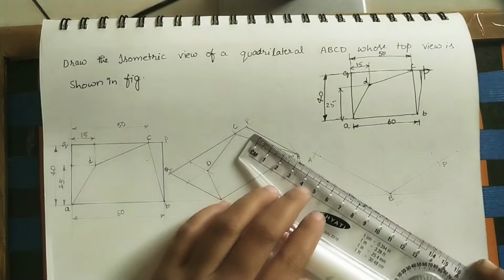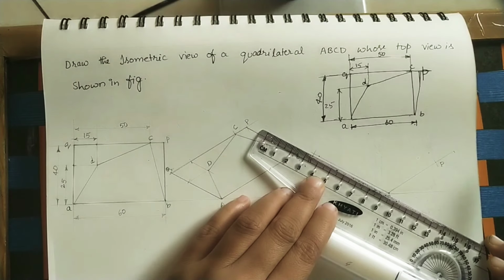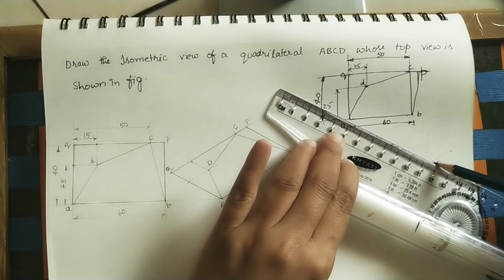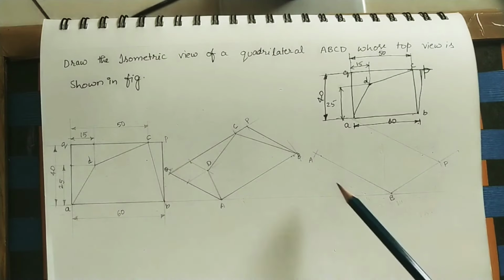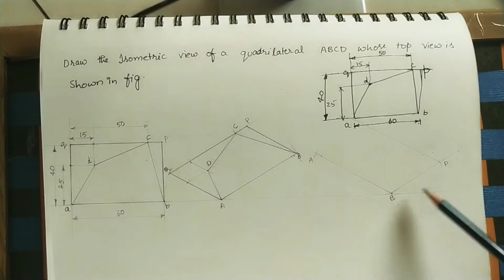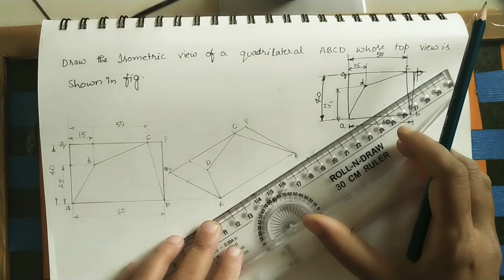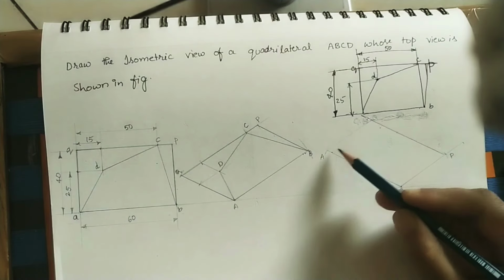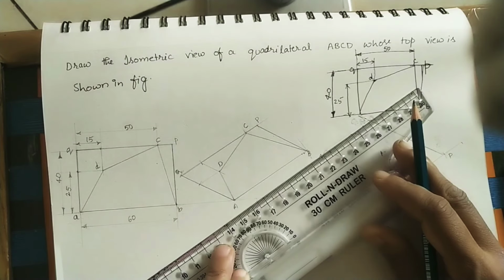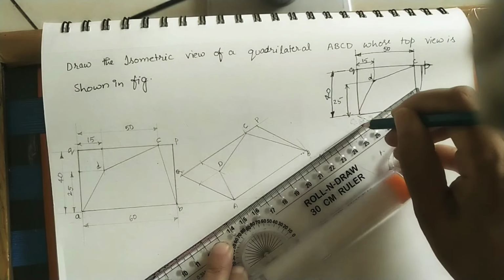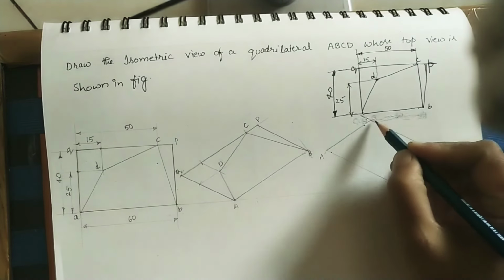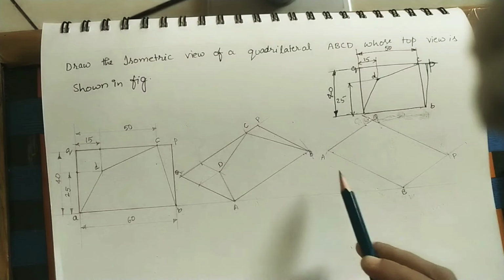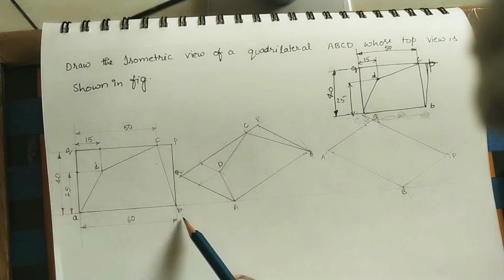Here keep this scale coincide with this and do the parallel line. Now at A, do the line parallel to BP. Here make it dark. So this intersection point is Q point. Now after getting Q, we got this entire part ABPQ.